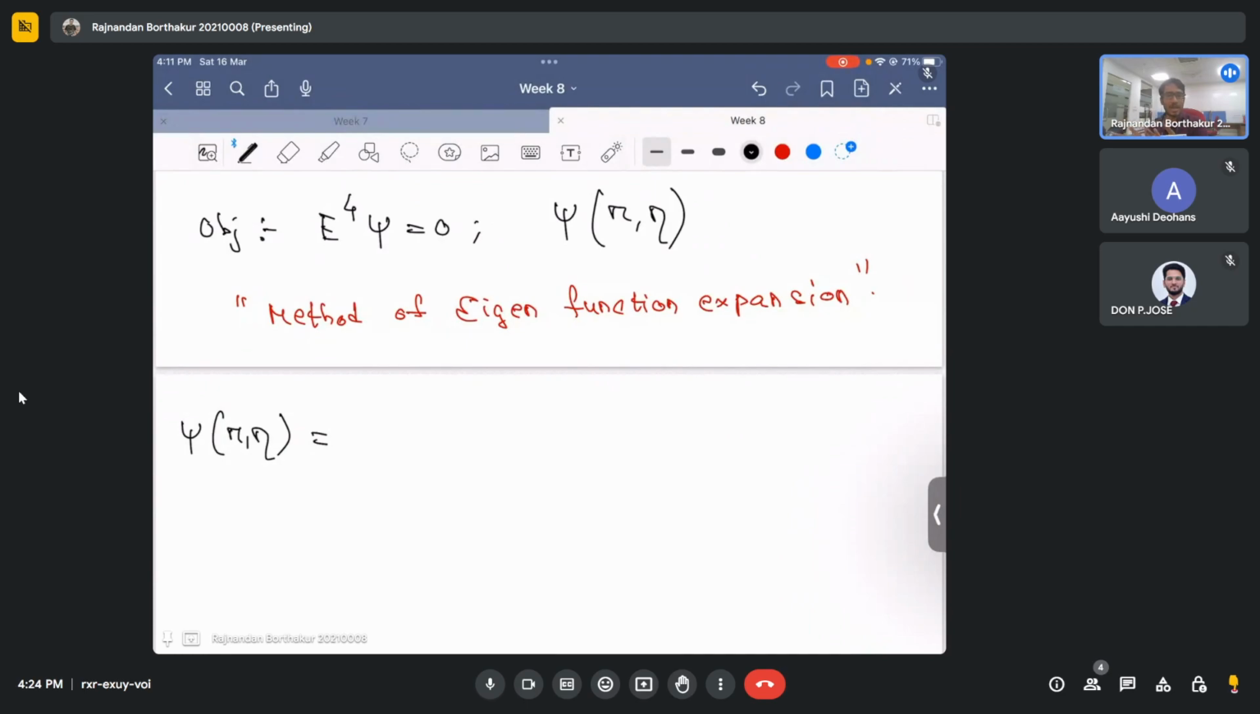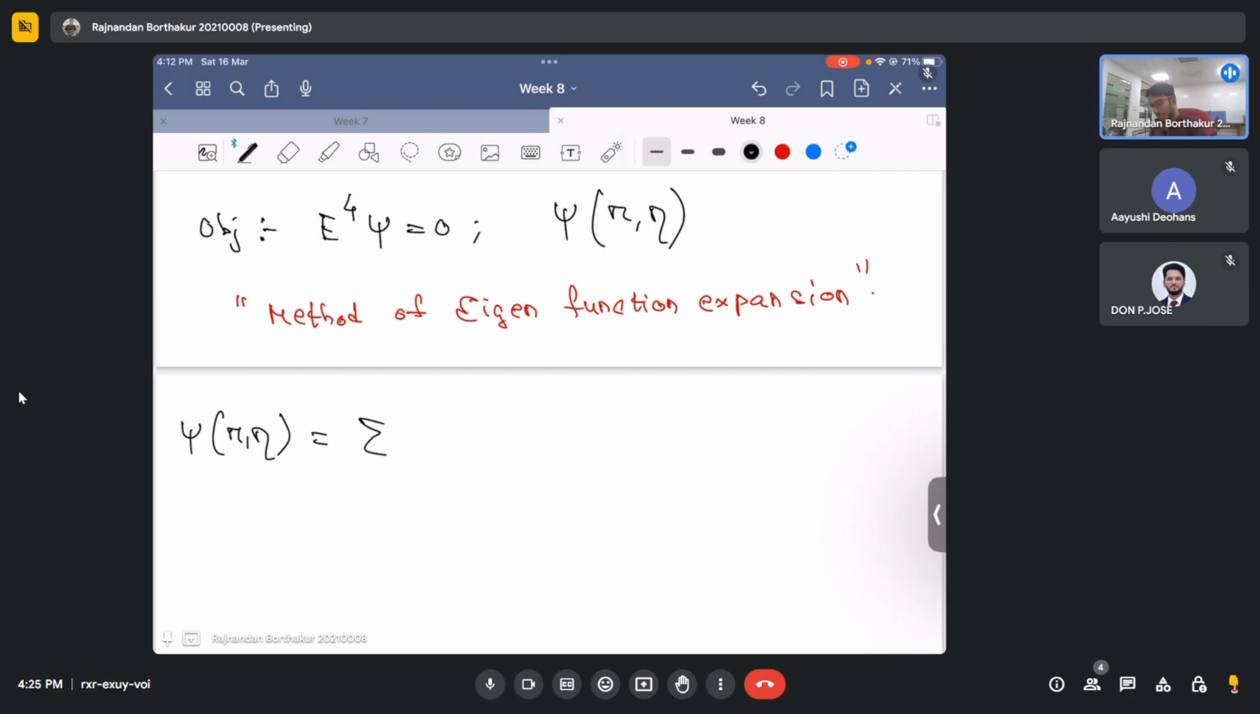But if you are interested, I will give you a separate note where I will show you how to actually evaluate the solution from this biharmonic equation by using the method of eigenfunction expansion. But in the interest of time, I will not show you the method, but I just straight away write the solution. So the solution for psi in spherical coordinate system as a function of r comma eta basically looks